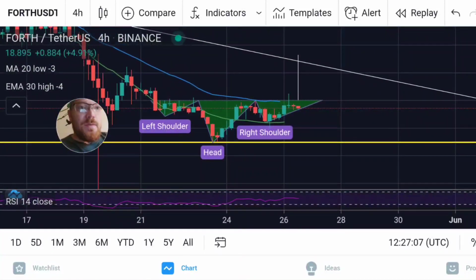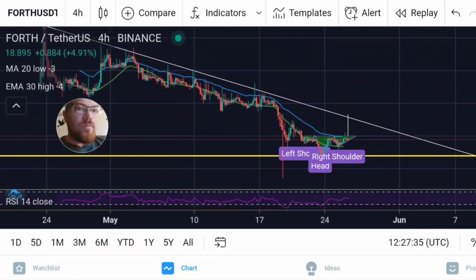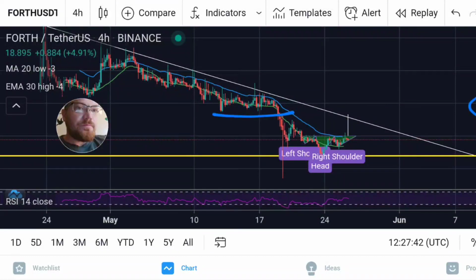And in my opinion, we could come on all the way up to test this resistance, which would be in and around $25 to $26. And then, of course, we have some resistance on the way up. Say we were to get really bullish here. Say we were to break above our downtrend. We do have resistance pretty heavy right there at 30 bucks, right? Resistance here at 30, right here. And also possible resistance at 40. That was previous resistance. This is previous support, previous resistance. Both of those could play as possible resistance in the near future.